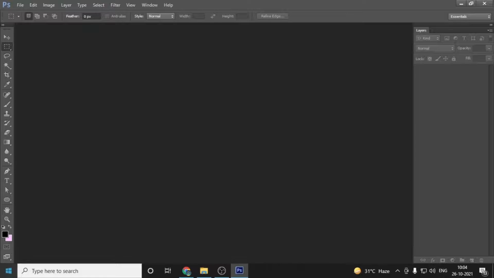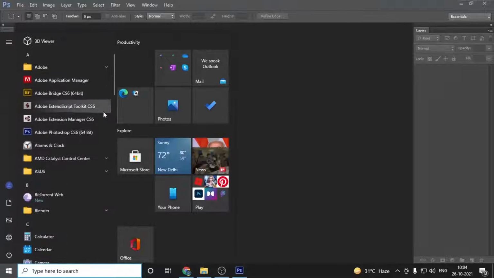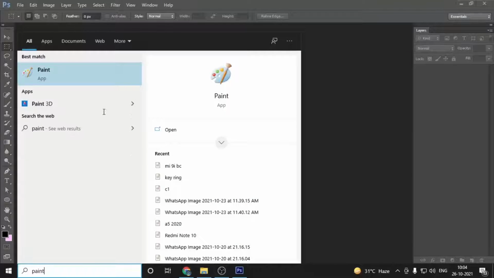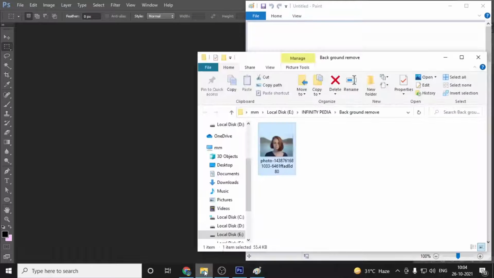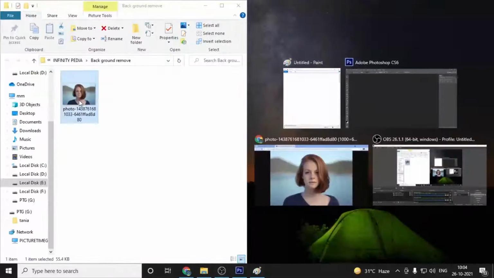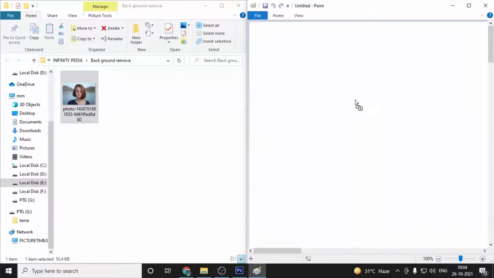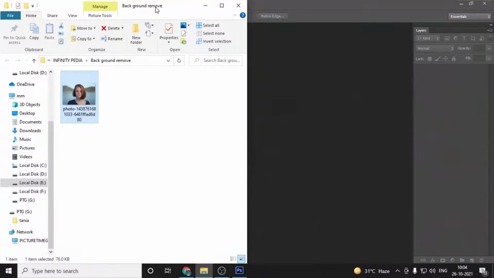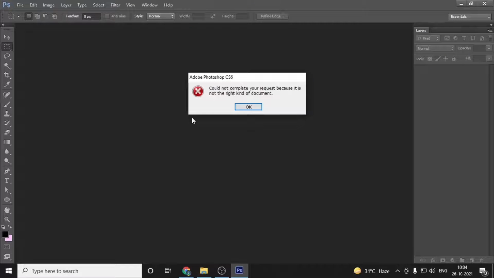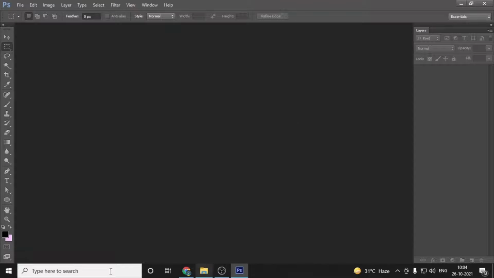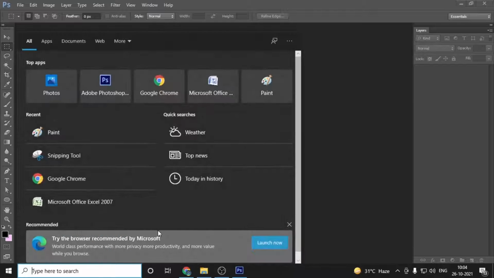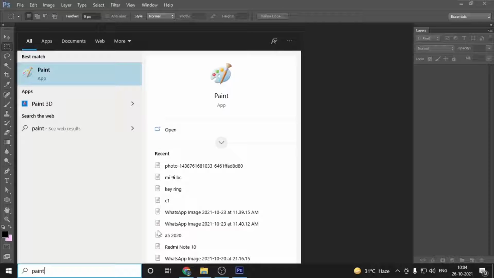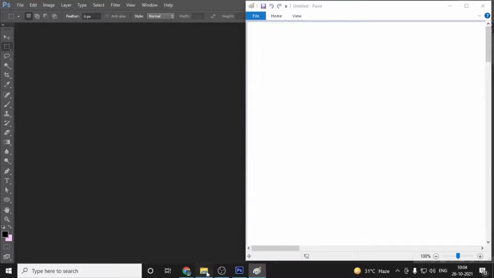This format is not supportable. For that you need to open Paint. Just put it into Paint and save it. Now see, well, this is not working. Let's try another thing.